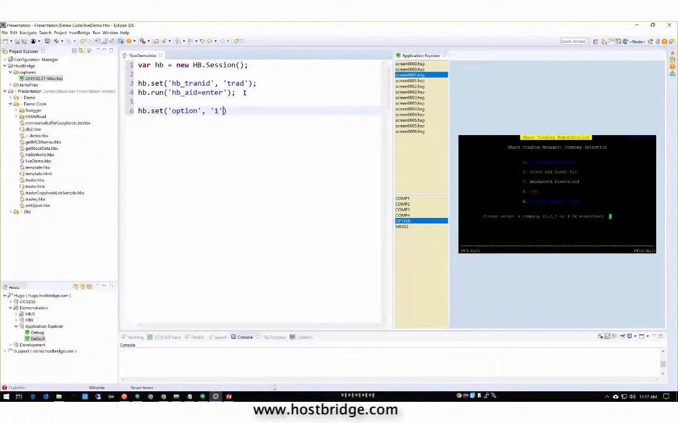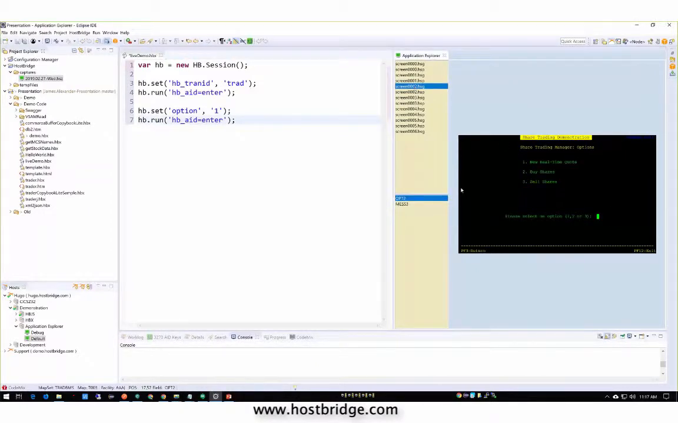And I'm going to put a 1 in there, right? And I'm going to hit HB enter again, so I'm going to use cut and paste. With those two, I'm now on the next screen. And on any of these screens, I can retrieve values off the screens. I can set any of the fields on the screen. I'm just doing one field here for both of these because that's all I need to do to navigate through